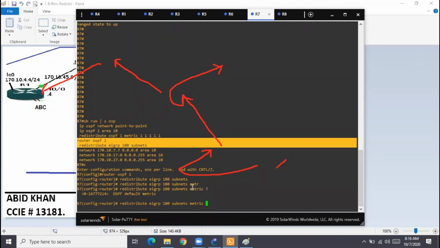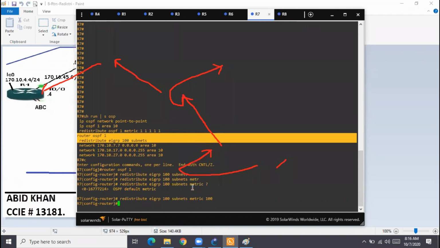Anyway, because lower is always preferred, we don't make it higher. So let's say I put 100. Default was 20, but now I'm putting 100. Now let us see what happens on R4.